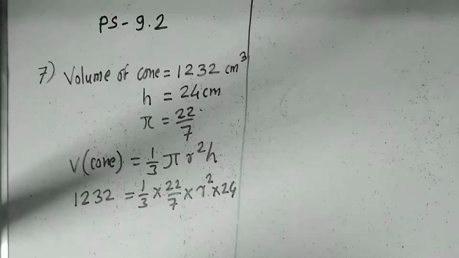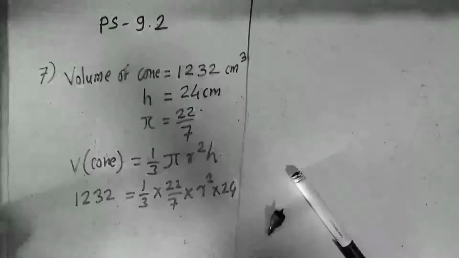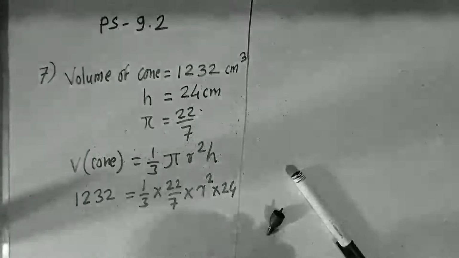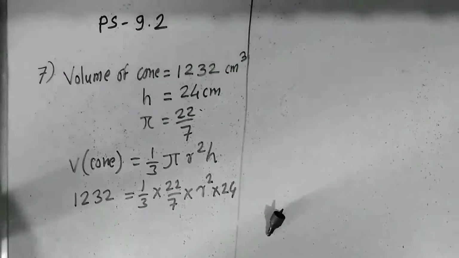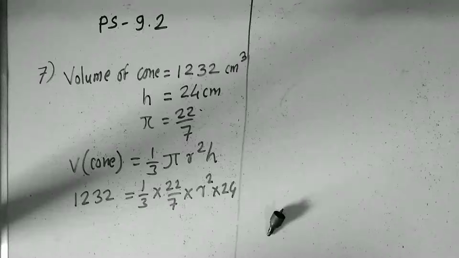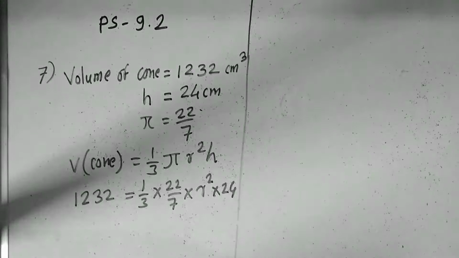Okay, so students, when this kind of example is asked, many times students will face this: sir, there are many fractions, so you may get confused. But remember, when a fraction is there, the denominator will be shifted to the numerator while sending it to the opposite side, and the numerator will become the denominator. So students, let's send these fractions, 1 by 3 and 22 by 7, to the opposite side and invert them, so they will look like this.